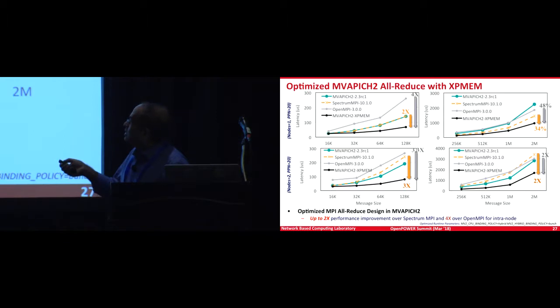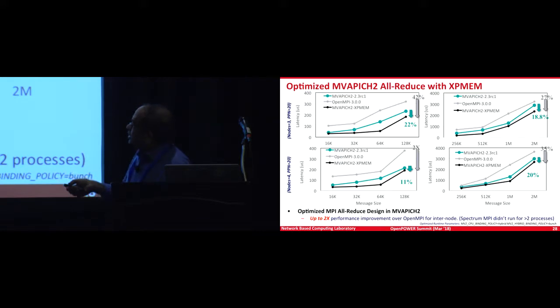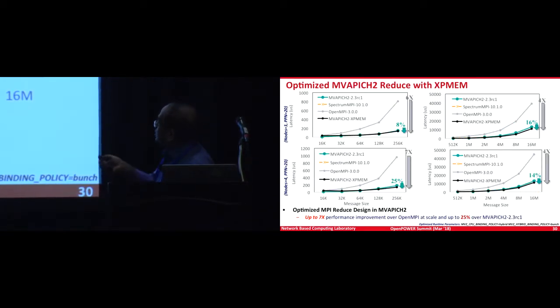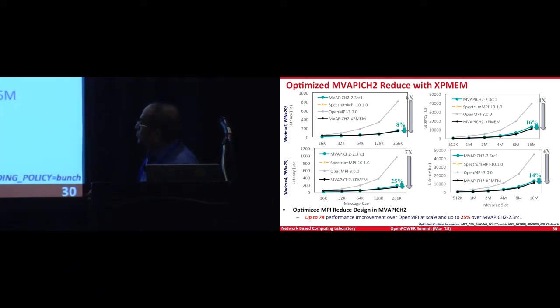The black line is our new design which is coming up. Here you can see MPI all-reduce with 20 ppn on 2 nodes, a similar kind of story. We can give you a factor of benefits here. Even if you go to 3 nodes, 4 nodes, the same story goes along, so we are able to provide a scalable solution. The same goes for reduce. Here you will see that sometimes we even go up to a factor of 5.6x improvement, and this is for up to 80 processes.